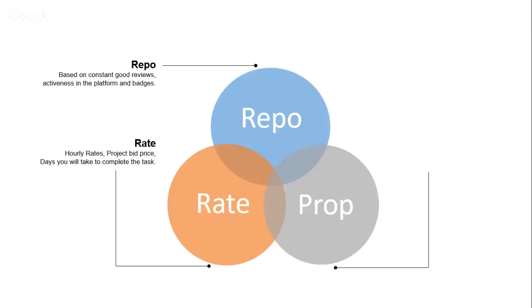Like $15 is also fine if you're starting, 10 to 15. $15 is way too fine. Project bid price. Okay, so this is something, this is a very important part. A project bid price is like, initially I had this